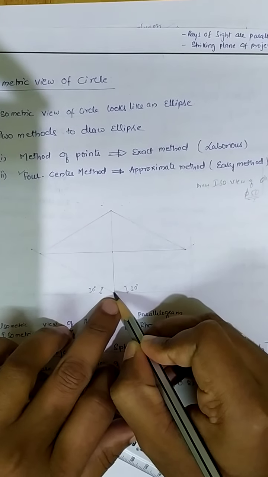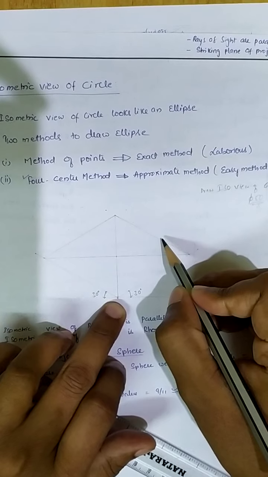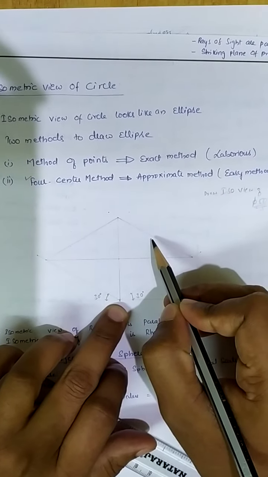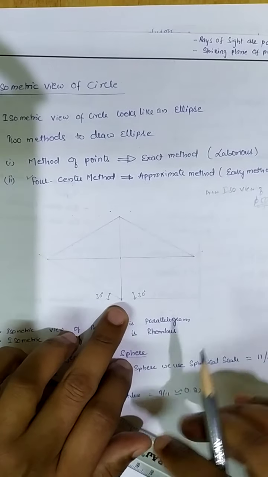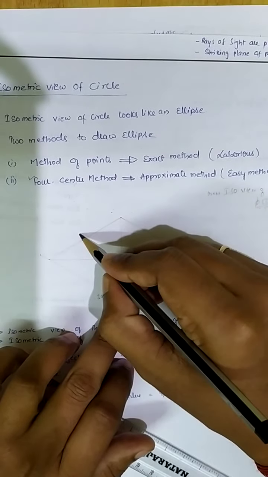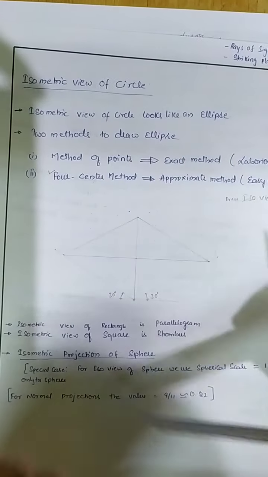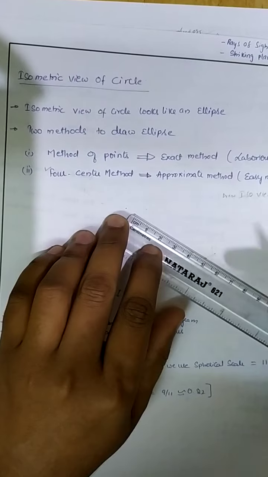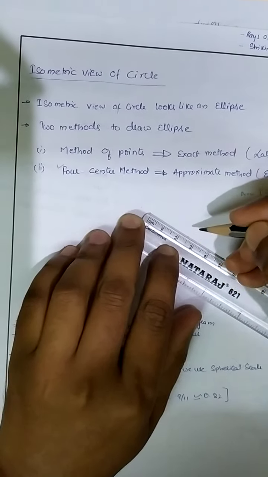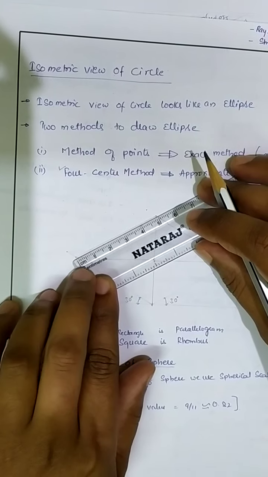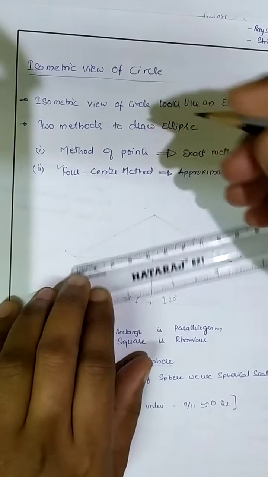So with respect to this point, we will be having the 2 opposite edges. We need to consider the midpoint of these 2 opposite sides, the opposite edges. So total length is 50 mm. So this is 50 and this side is also 50. We have to take the half of that, so that is equal to 25. So take 25 mm here. Okay, and again in the other opposite side, there also you take 25 mm.